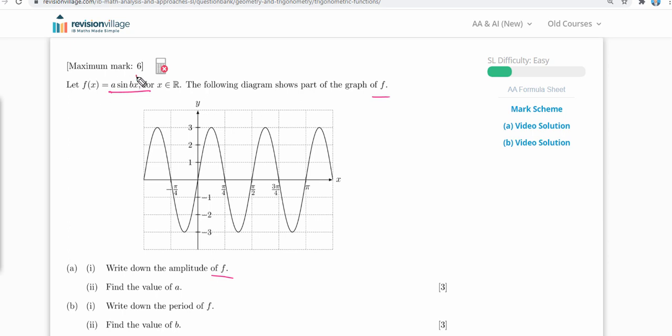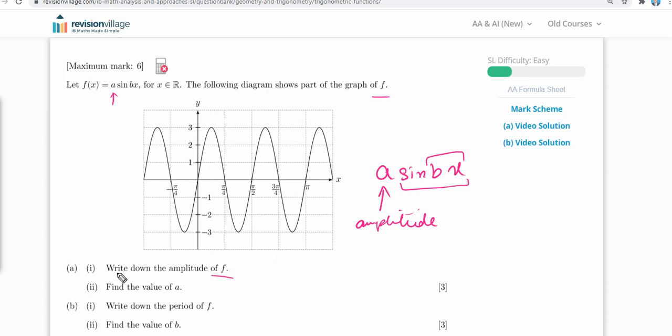If we have a trigonometric function like a sine of bx, the coefficient of the sine function, that is a, represents the amplitude. And this whole thing represents the angle, or we can say the time period. So in order to find the amplitude of f, it's quite simple. That is a. So a is basically the amplitude,